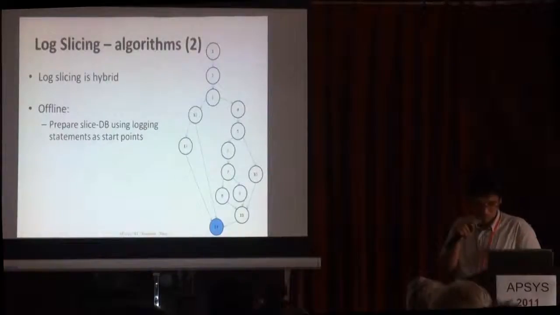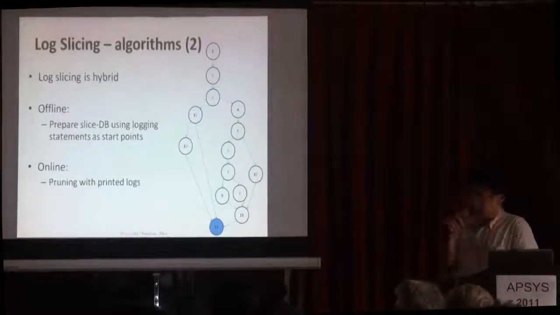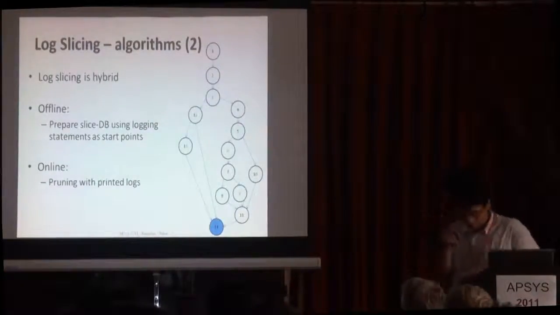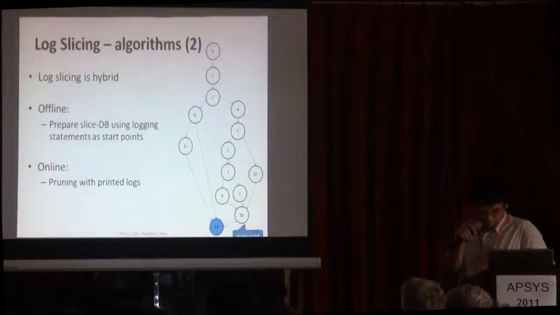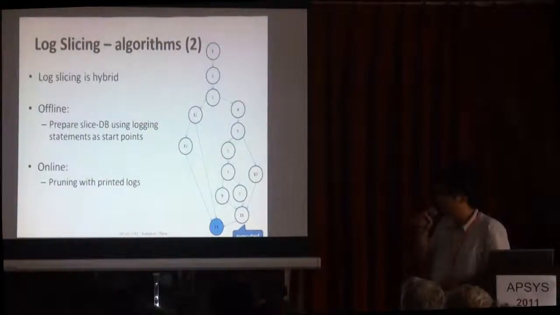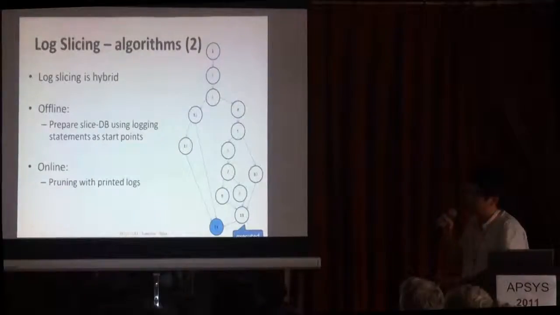More exactly, we find out the locations of the printed logs and use them to prune the control flow graph. In this example, if we see that a log is printed at line 11, then we can conclude that because